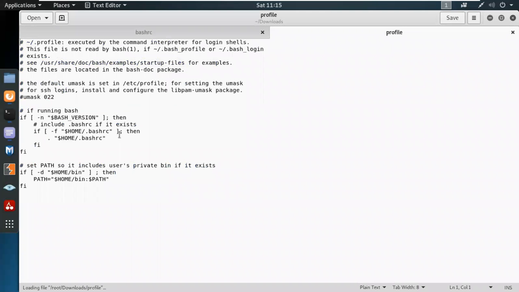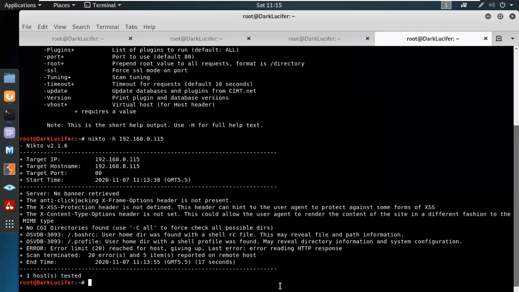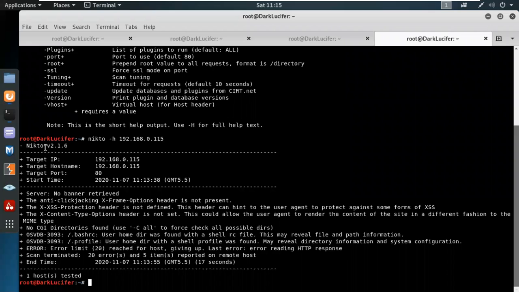Yep. This is a normal profile file. Each and every user on the server side has a dot profile file, which is simple. Okay, I'm going to move on from this one. We didn't find any relevant data here, but remember one thing: when you're using Nikto, its main objective is